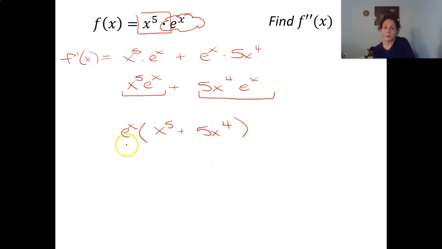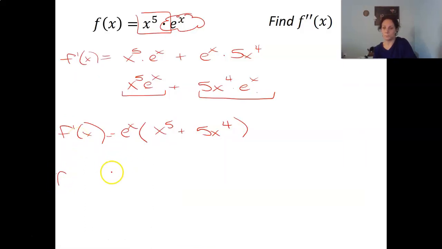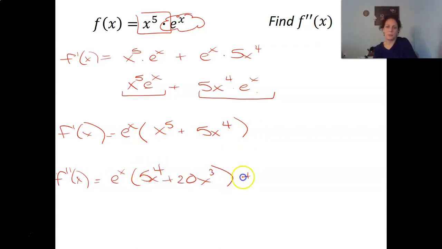So with one little step of algebra, I've rewritten my equation so that I no longer have two product rules, now I just have one. So instead of the sum of two products, I have a product that involves a sum, but taking the derivative of a sum is no big deal at all. So if I want my second derivative now, it's a little easier because I only have to do the product rule once. So it'll be e to the x times the derivative of this, so 5x to the 4th plus 20x cubed, plus my second chunk,